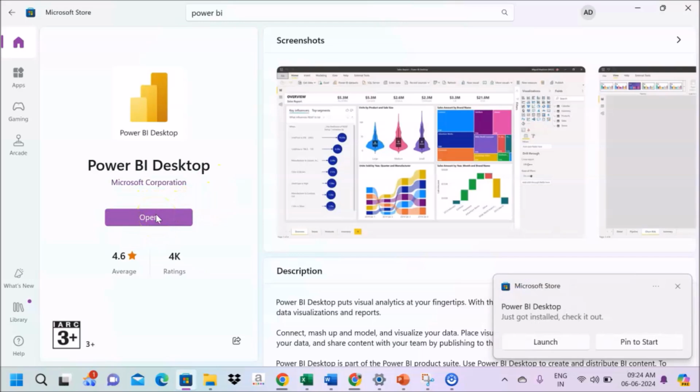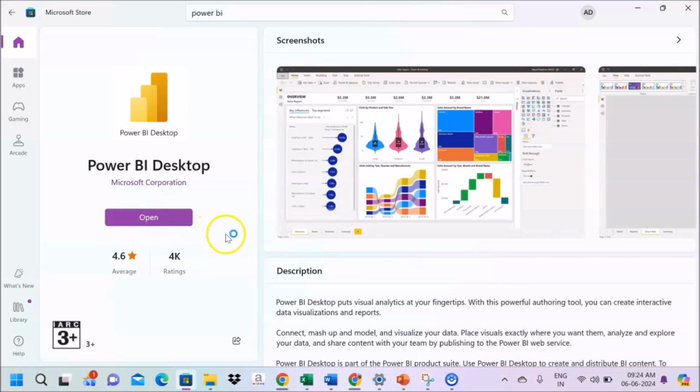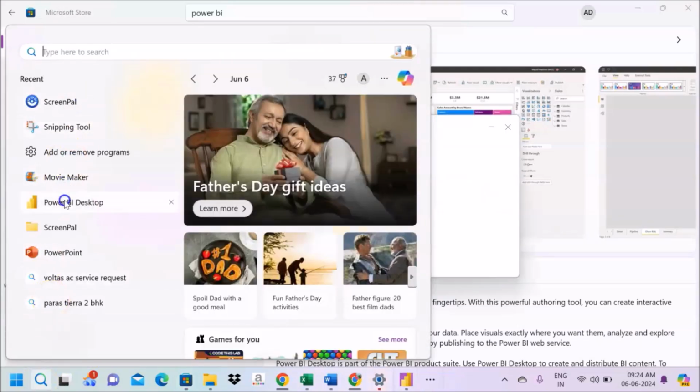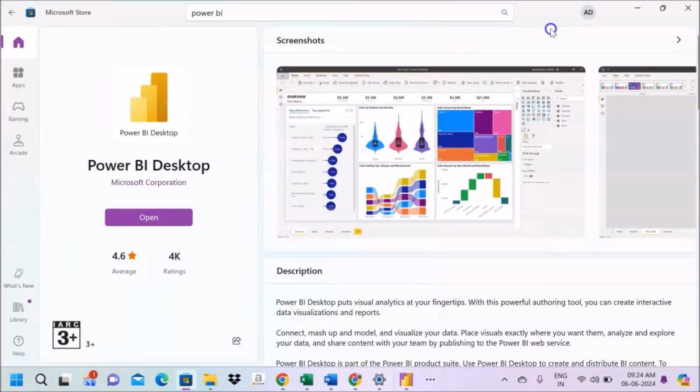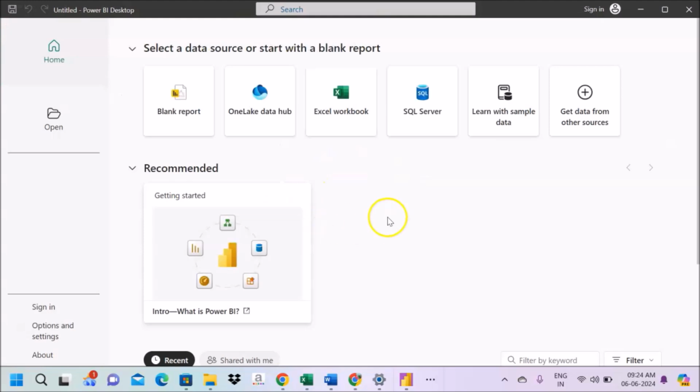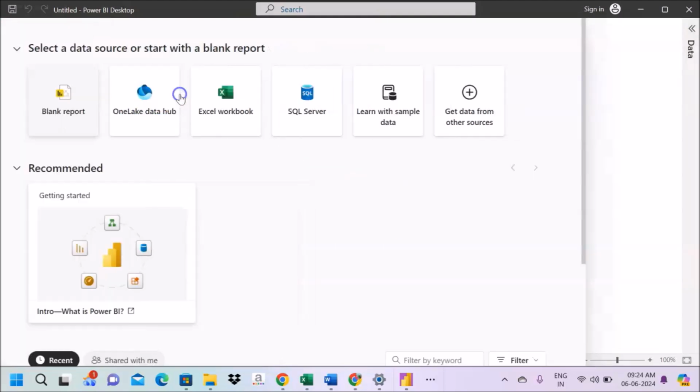Here now we can open it, and the next option is we can open it from here as well because it is now installed in our system. So we can see here Power BI desktop is available. You can see here it is coming now. So we can select the one blank report here,